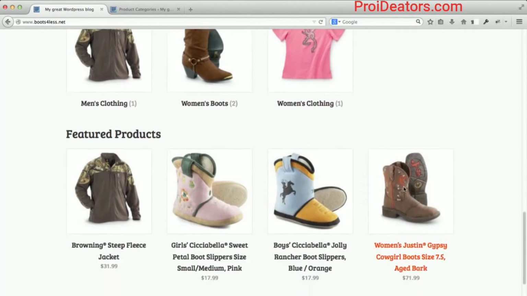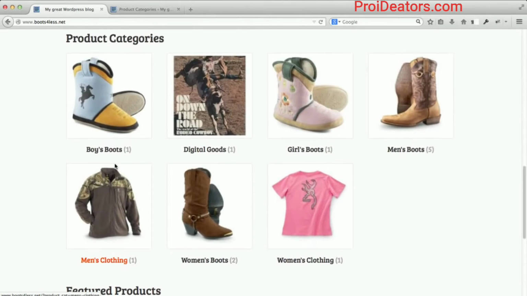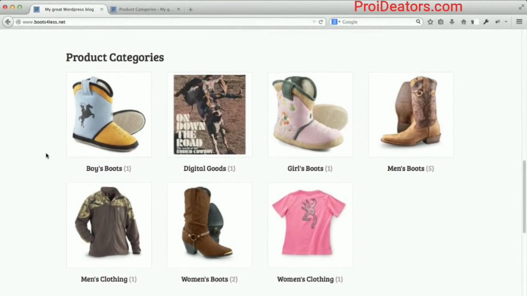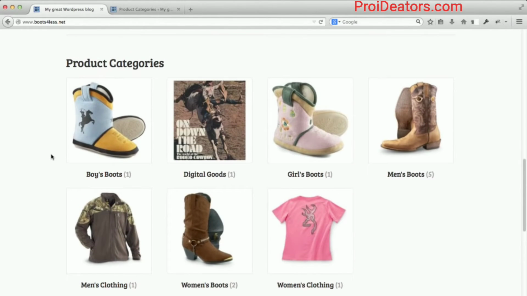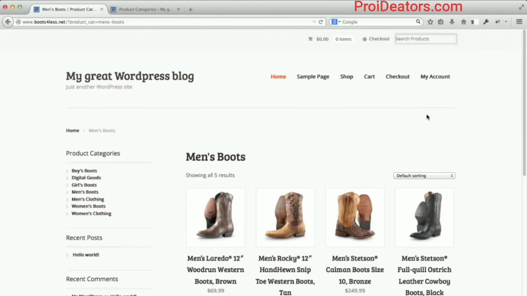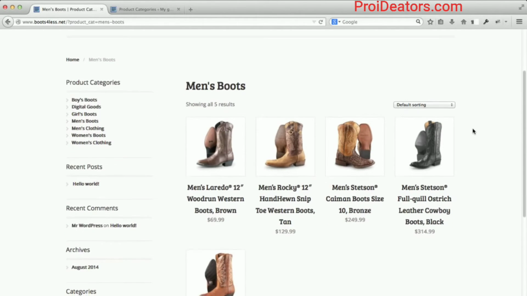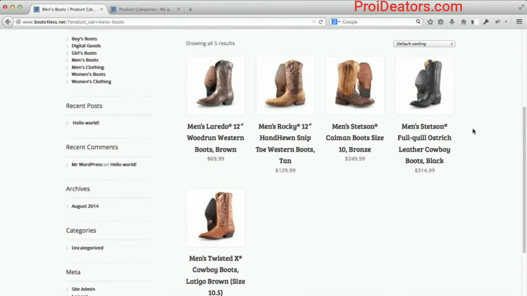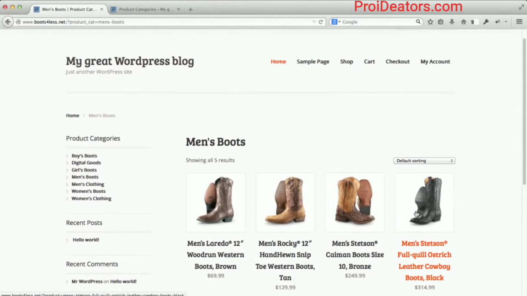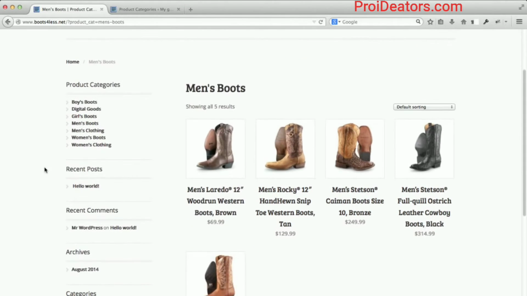Now, of course, I have my featured product section. Now I have my category section, right? So what happens when you actually click on a category? Like, let's say if I click on men's boots. Now I'll be looking at all the products under that particular category. So for example, I only got 5 items under that category, and as you can see here on the left side of my screen, I have a sidebar where I can select, or I can switch to another category easily,